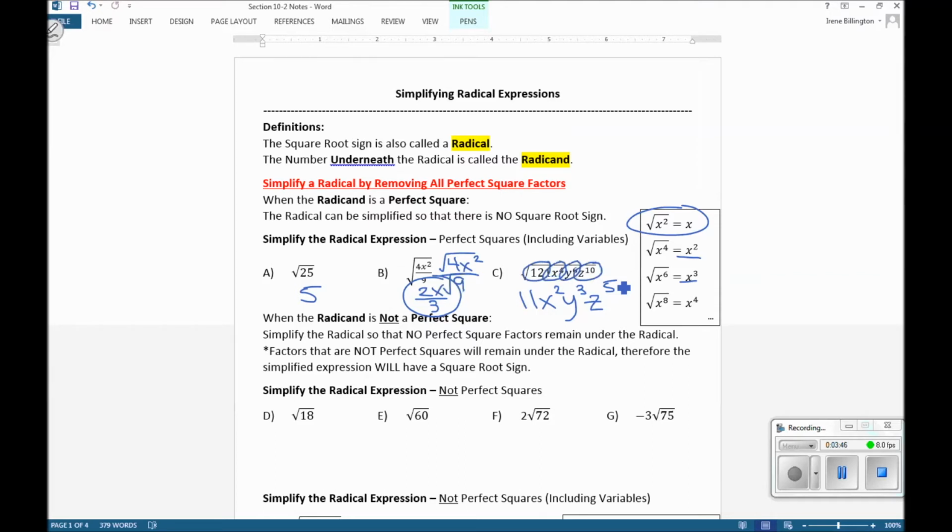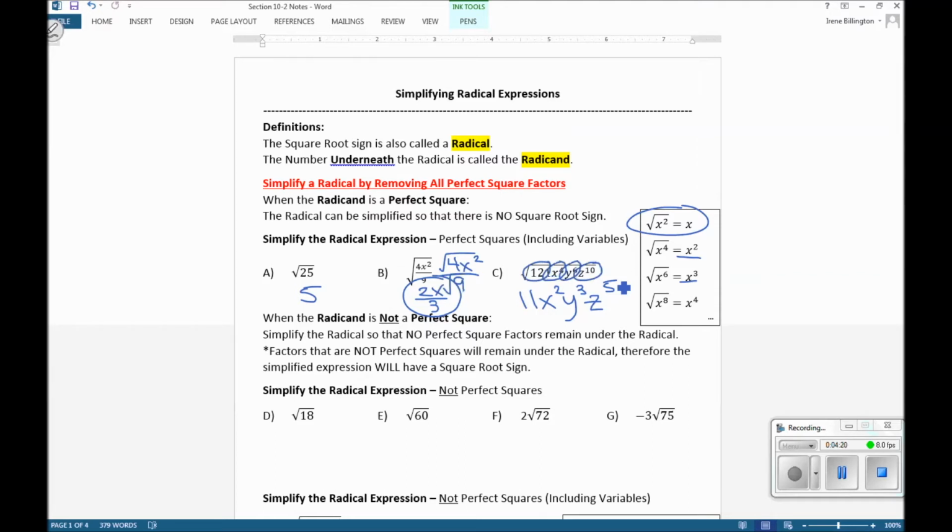Okay, now, really the focus that we need to look at here is what happens when there's not a perfect square, okay? It's pretty straightforward. When we have perfect squares, we take our square roots and we have our final answer. But we can still simplify a radical expression even if you don't have a perfect square underneath the square root sign. So in order to simplify when there isn't a perfect square given, you need to